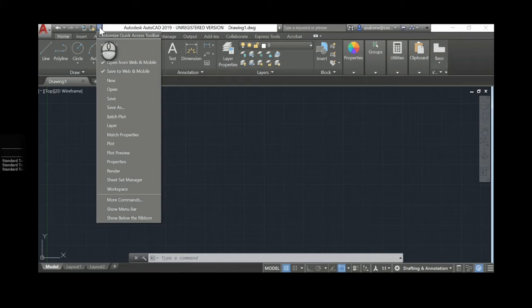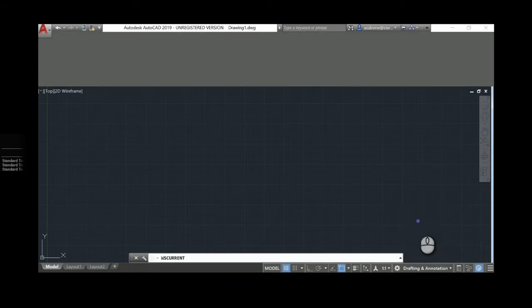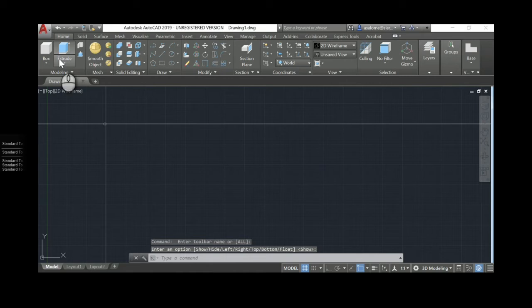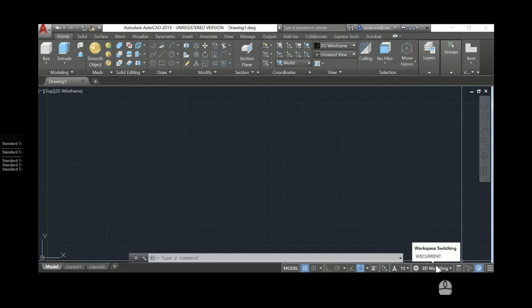But one of the things I'm accustomed to seeing up here that we don't see on this installation of AutoCAD is my workspace switching tool. Now, without putting it up here on the quick access toolbar, workspace switching lives down here on my tool tray. Now, I can come down here and I can switch this. Okay, there's 3D modeling. Okay, Jared, there's your tools, your UCS, and so forth. And normally I should be able to right click on this and have an option that says add this to the quick access toolbar. For some reason in 2019, that doesn't appear here.